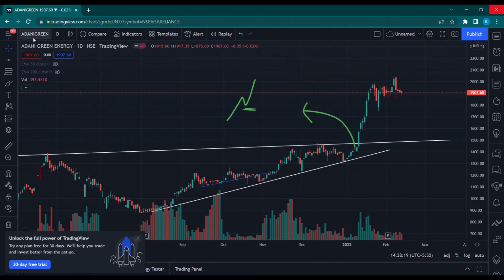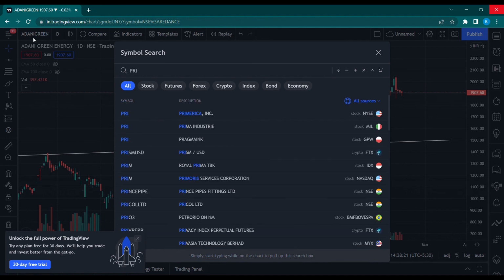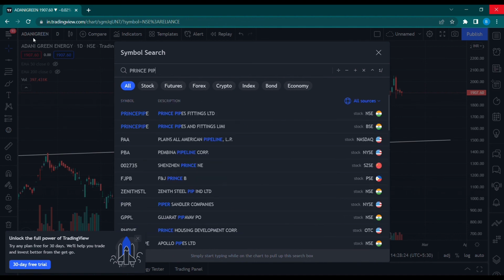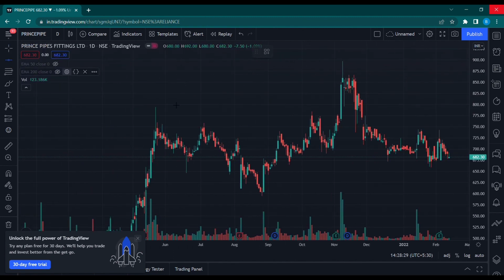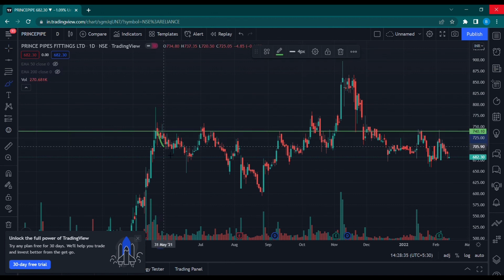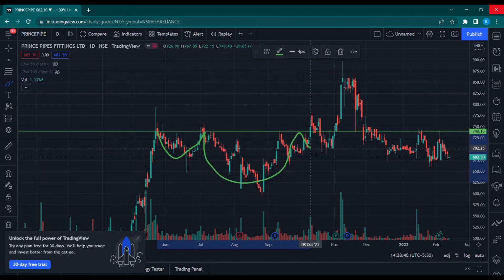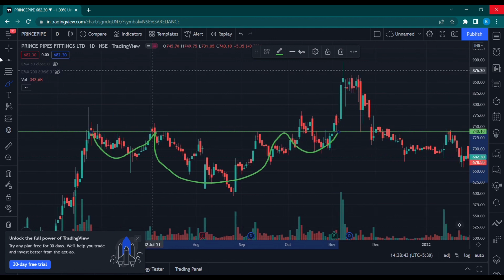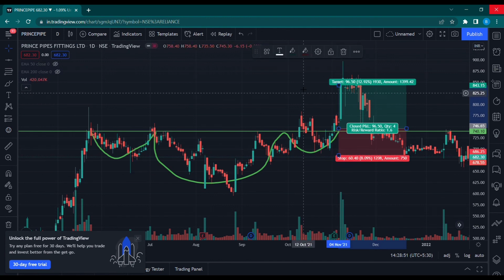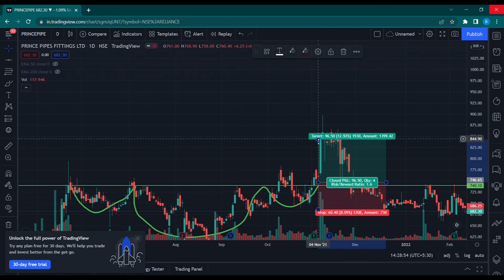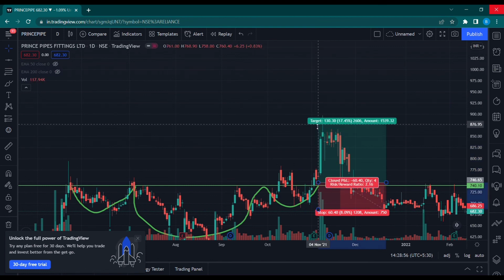If I were to talk about inverted head and shoulder breakout, I'll just show that to you. This is a proper inverted head and shoulder breakout. So you see here, as I said again, do not expect pinpoint accuracy in case of the pattern. So this is some kind of a head, this is again a shoulder, right? So you could again enter at this point, right? You could put your stop loss below this low, and you could target for how much? 1:2. 1:2 gets achieved easily, right?